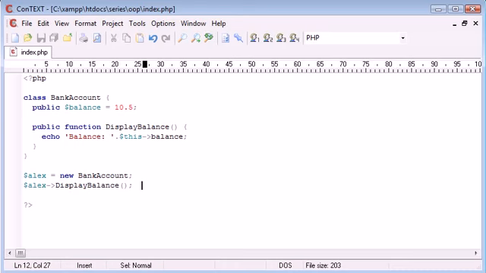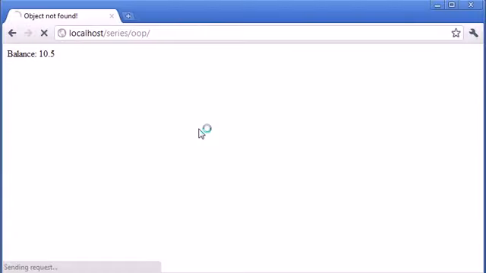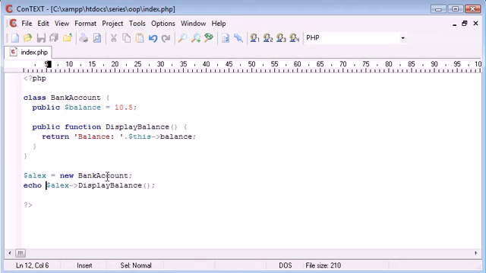So let's think about returning a value rather than displaying it. So let's return balance. Now what we can do is write echo here, and we're basically echoing out the return value. So when we refresh, we get exactly the same thing up. This is probably a bit better way to do things. Just say you're returning a value, and we can do whatever we want down here with the balance. It's exactly the same as functions in PHP. We're returning a value from this method, which is grabbing this property up here,